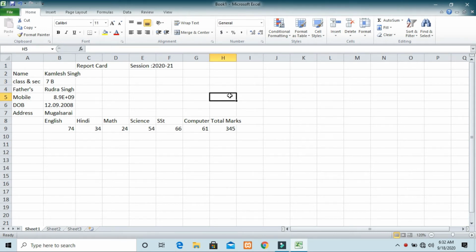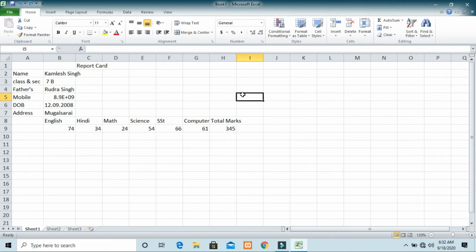The use of undo is, if I want to remove this session from here, what will I do? I can just delete it. No, here I will use undo. What is the use of undo here? Undo is basically used to go back to the previous step. Like if I press Ctrl plus Z on my keyboard, it will remove it and show you the previous step which you made a few minutes before.